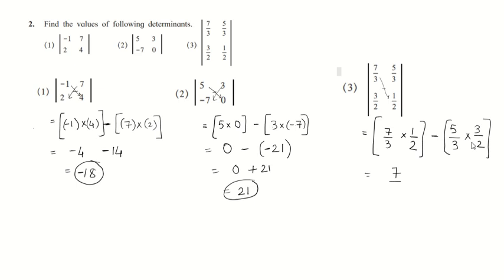7 upon 3 into 2 is 6. Here it is a minus sign. 5 into 3 is 15. 3 into 2 is 6. Here the denominator is the same for both, so we will directly solve these further. 7 minus 15, how will we write it? 7 minus 15 upon 6. That is 15 minus 7 is 8, and sign of the bigger number, that is minus 8 upon 6. Therefore 2 3s are 6 and 2 4s are 8. The answer is minus 4 upon 3, which is the answer for the third determinant.